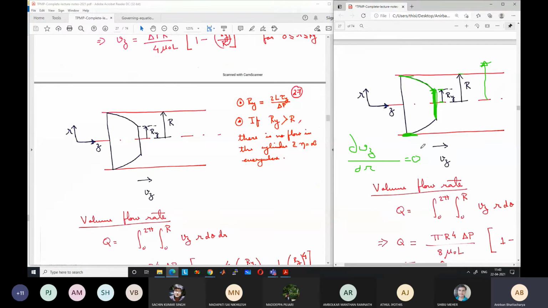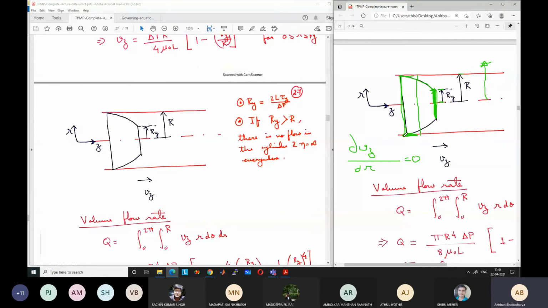It won't be like a flat profile. There won't be any velocity at all in the fluid. It won't flow at all. It is like toothpaste. If you are not providing sufficient force on a toothpaste tube, the toothpaste will not flow out. If you provide sufficient force, then only it will start flowing out. Otherwise there won't be any flow. Is it clear? Yes. Okay.